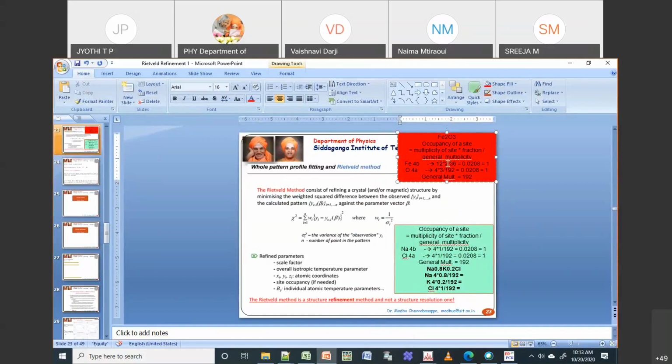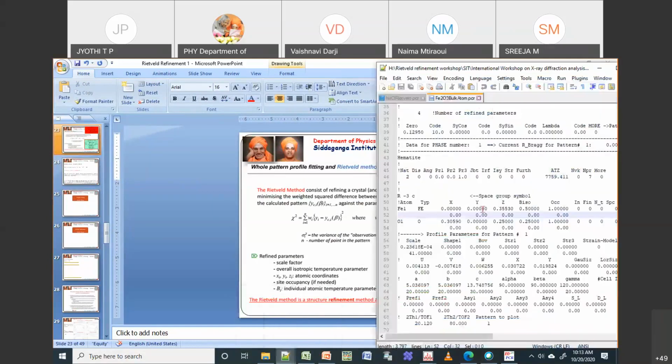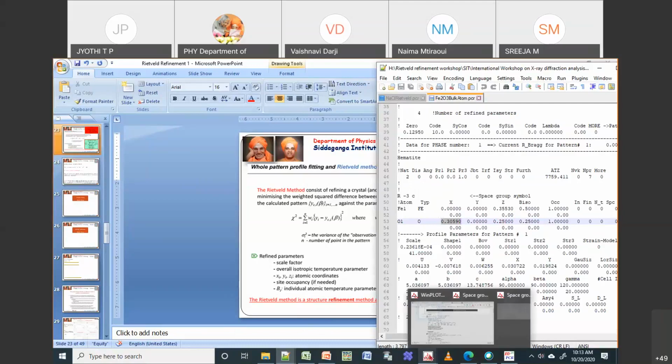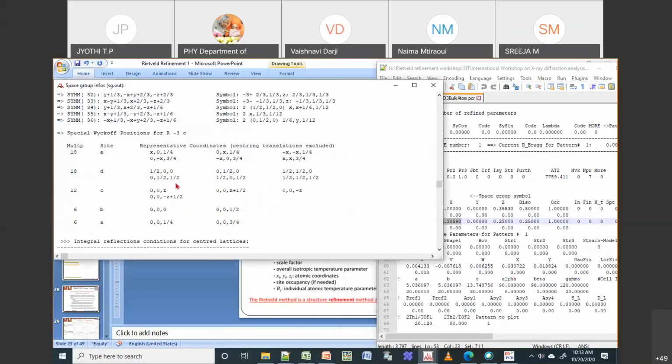Let me keep occupancy as 1 for now. Then I will change later. Then I'll look for the same for the oxygen. Oxygen is something like some value, then 0, and 0.25, which is 1 by 4. So I'll go back here, and if I see something like x 0 1/4, the first value x is changing, the second y value is 0 and the last value is fixed, again 1 by 4.